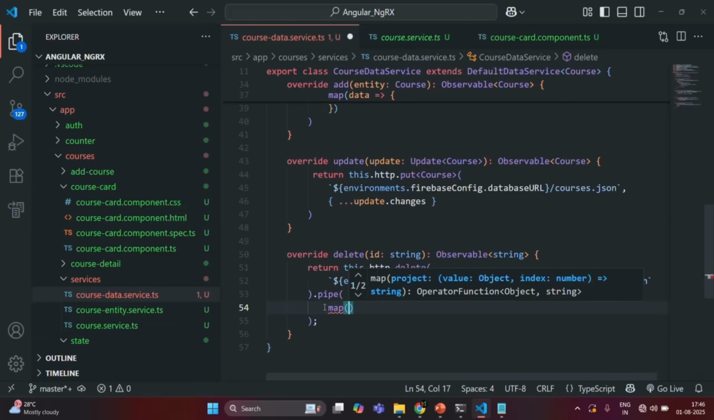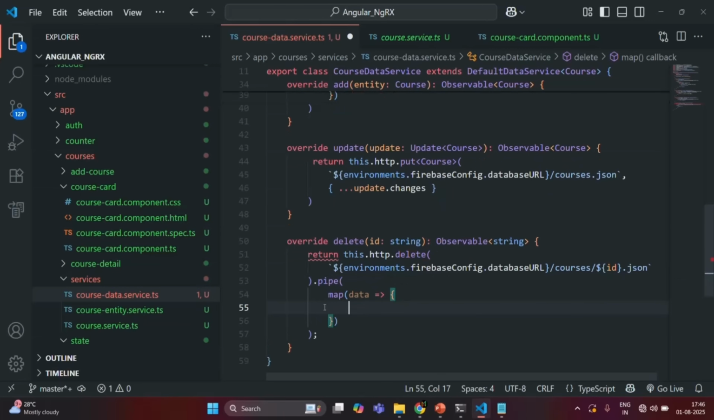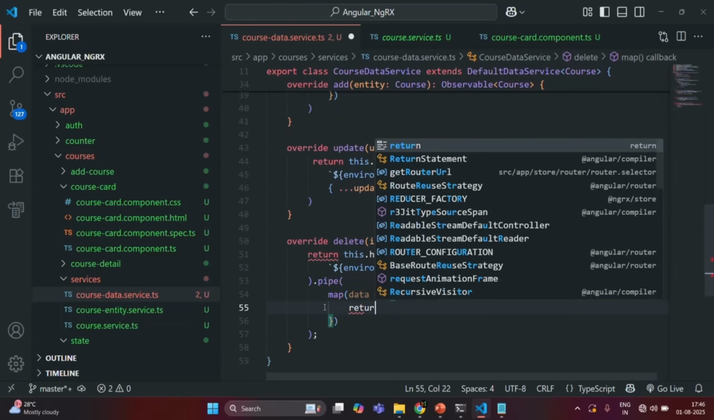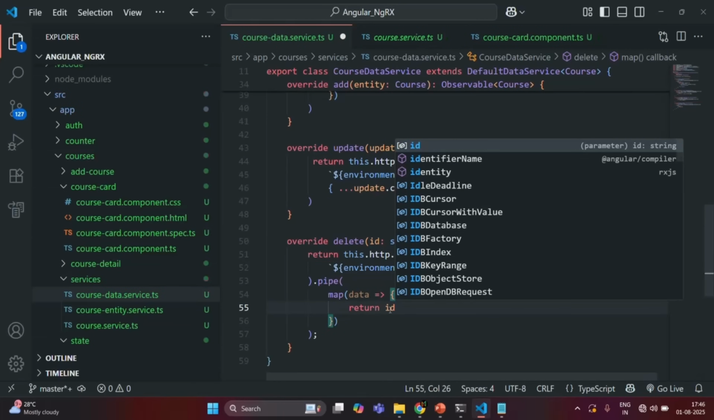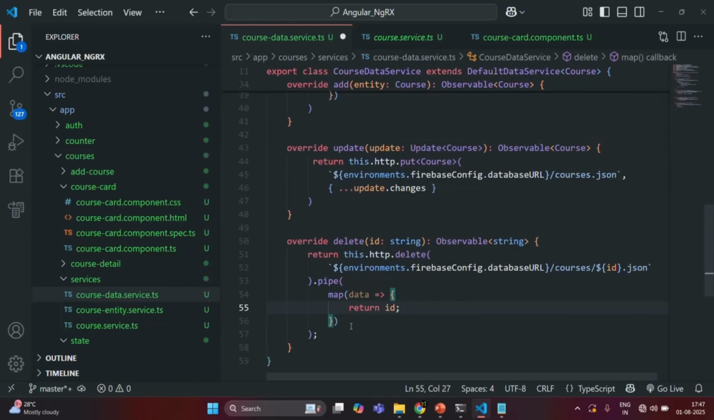And this map operator is going to receive the data returned by the delete method, the observable returned by the delete method. And from here, I am simply going to return the ID of the deleted course. So that ID we are already getting in the parameter. So I will simply return that ID. And in this way, we have overridden the delete method of